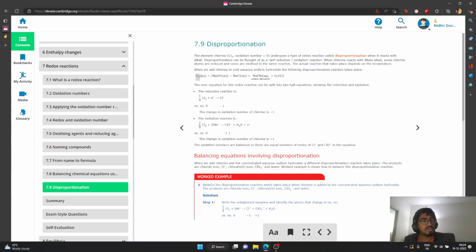So we say that, okay, we have found what has reduced, but what has oxidized? So we find that this Cl is actually in a state of +1. So the same chlorine, half of the chlorine is reduced and half of the chlorine is oxidized. So we can say that it is a complicated reaction in which we need to have something like this. So half of chlorine is reduced and half of chlorine is oxidized to this guy,